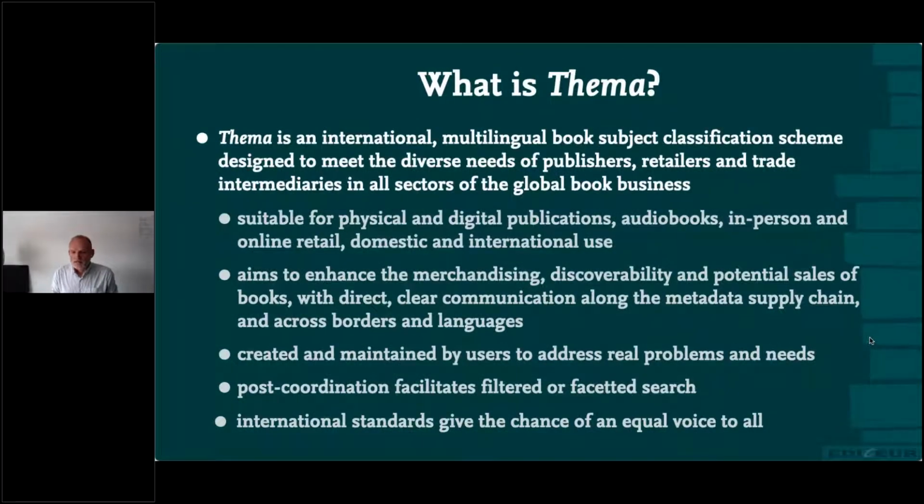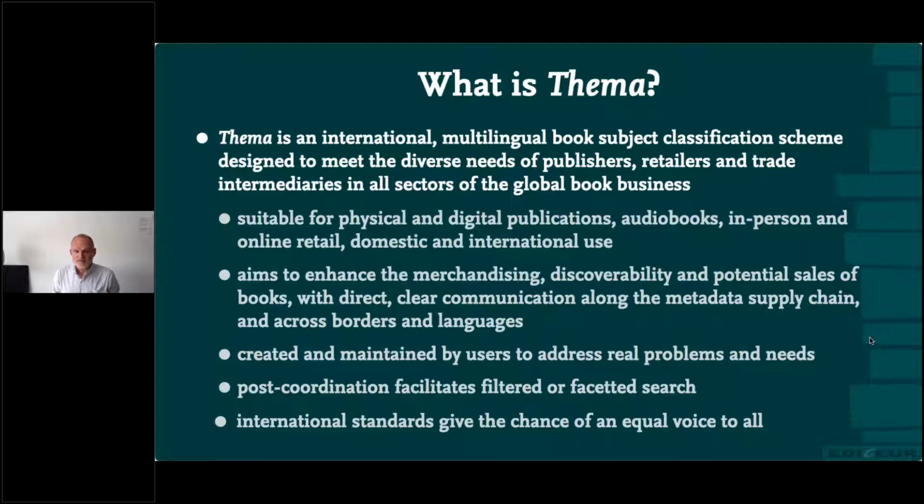And Thema, what is it? So again, this slide I've used several times, so I'm just going to pick out a couple of things. I'm not going to go through the whole thing. And I think when we're talking about material aimed at younger people and the use of Thema, what's really important to remember is this is an international system. It's an international standard. It's also multilingual, multicultural. It has to work for a domestic, small local audience as well as a global audience. So we have to remember that when we look at how we define the codes that you may use for the material aimed at children or teenagers.